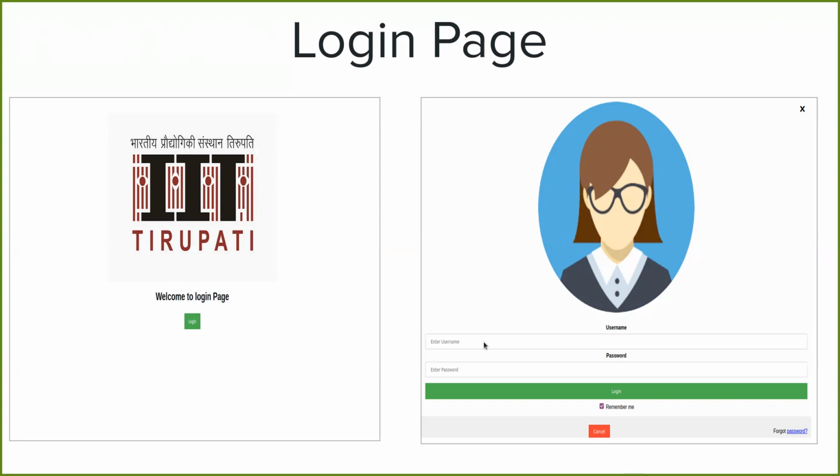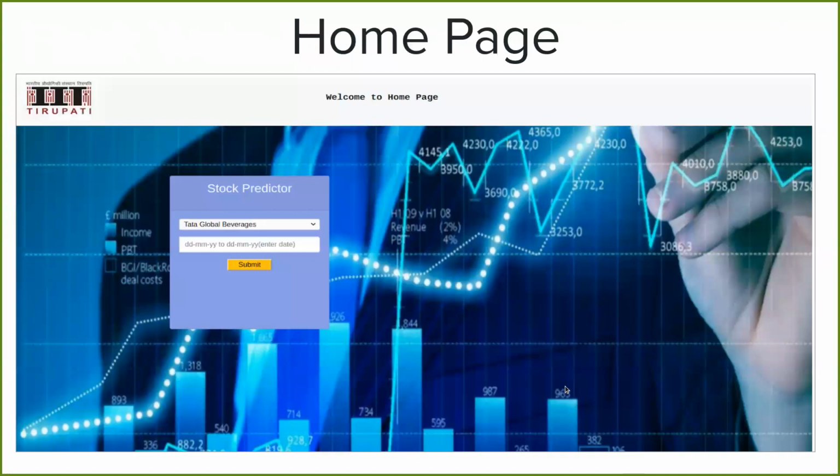Here we can enter our username and password, and after login we go to the home page, where we have to select the company name. Here, suppose Tata Global Beverage Company, and we have to select the date on which we want to predict the stock price.